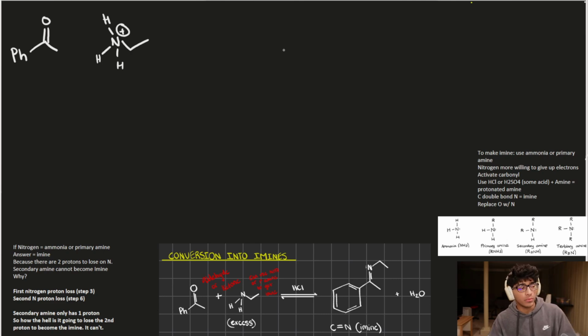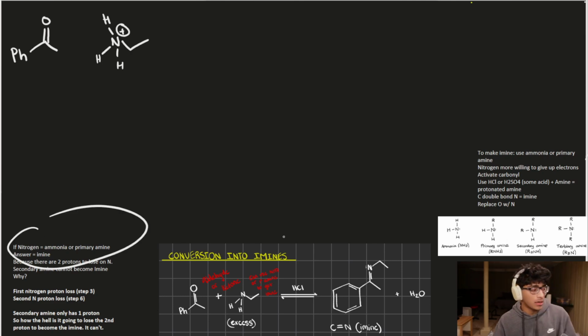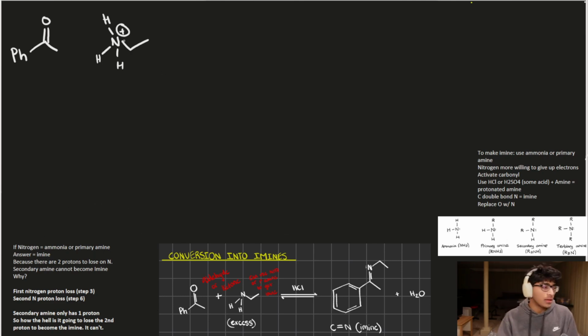You can use a primary amine or ammonia. Yeah, so ammonia or primary amine. I wrote it right here. You're going to get an imine. Honestly, I don't know what we're using, but it looks like we're using a primary amine in excess. So we have a primary amine, and obviously we're going to make